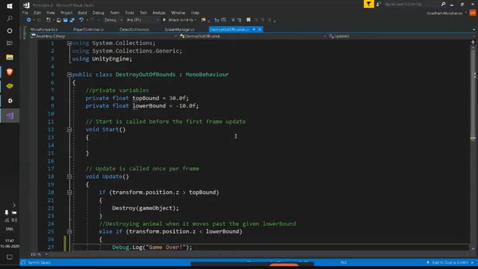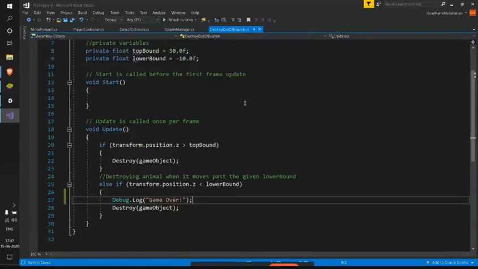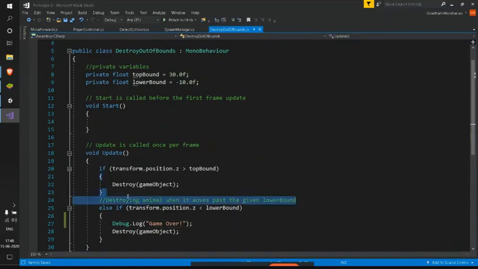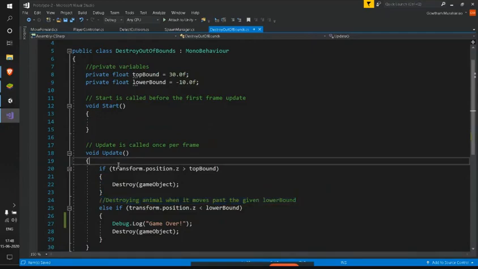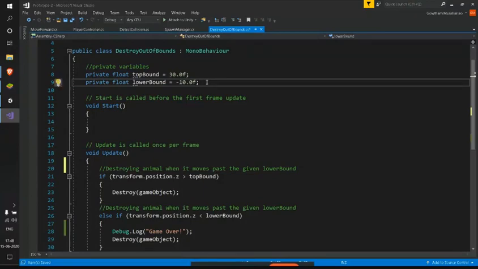And finally, the last script. Here we have our comments already. So animals. Okay, let me copy paste this. So here we have our private variables which define our top bound and lower bound.